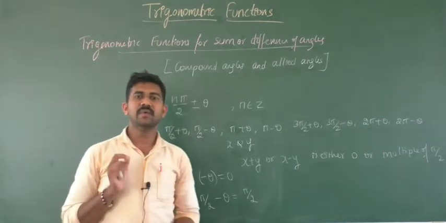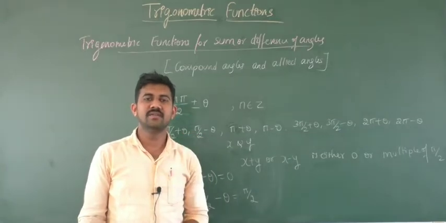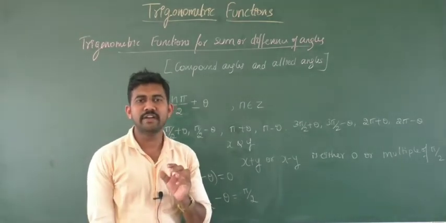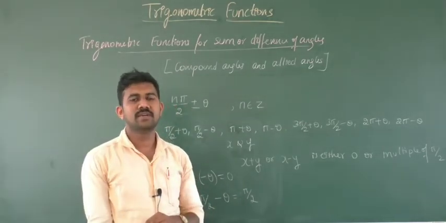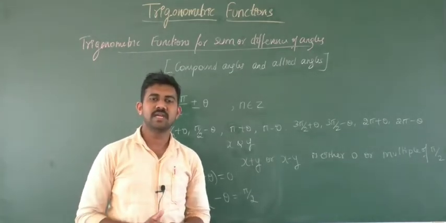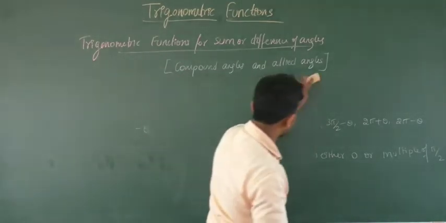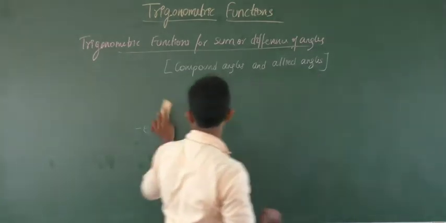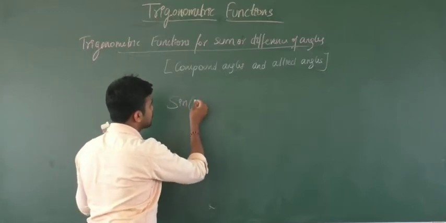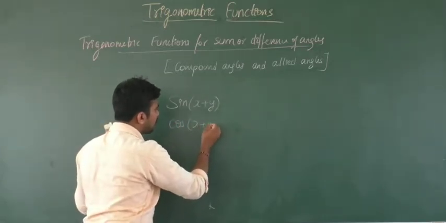So here we are going to find out what is the trigonometric function value for allied angles. Before that we should do one derivation, the trigonometric function for sum or difference of two angles. This is a very important derivation, they will ask in exam for 6 marks. Very important derivation. So here in the derivation, we are going to find what is the trigonometric function for the sum of two angles, it may be cos or it may be sine or any trigonometric function.